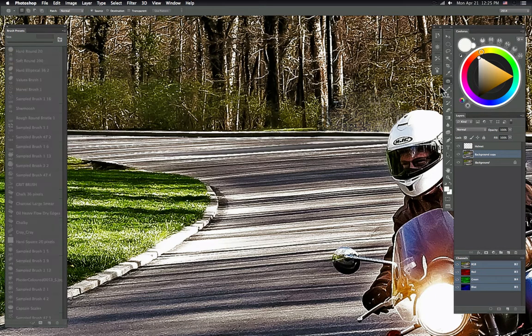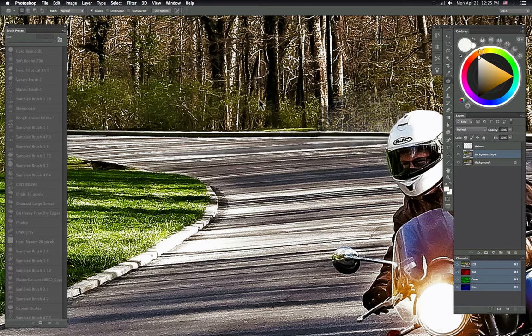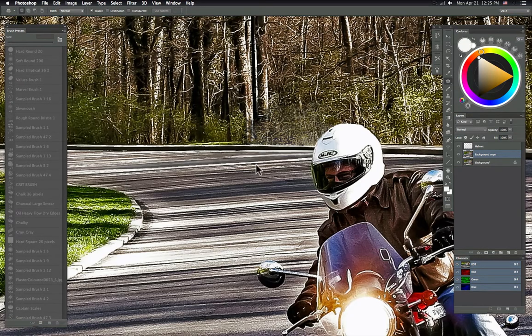I think I'll try using that patch tool one more time. I want to get rid of as much of the effect you're seeing there as possible, and I'll fade that because you see these weird artifacts that it did. I'll fade that by, it's down to 16%. There's still some blurriness going on here, so I'm going to select this one more time,